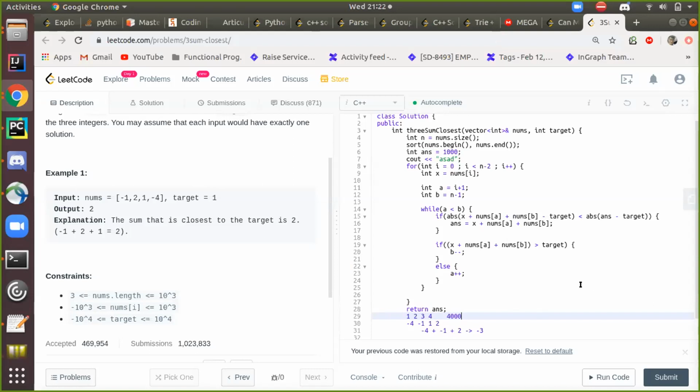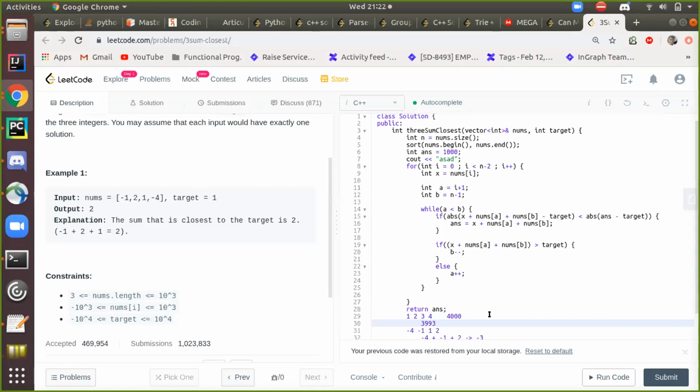Okay. So first I fix 1, and then I go to 2 and 4. So my sum comes out as 6, plus 1 is 7. So 7 minus target is 3993.